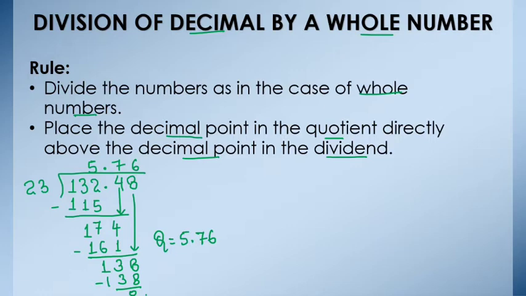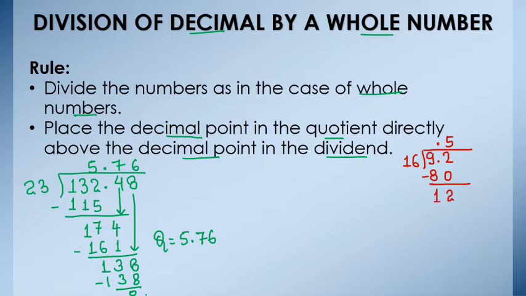Now let us take one more example. Suppose we have to divide 9.2 by 16. So as you can see, the whole part is 9. 9 is not divisible by 16. So we have to take the next digit, that is 2 also. But 2 is after decimal. So firstly place this decimal up. Now the number is 92. So we have to divide 92 by 16. So 16 fives are 80. Subtract them. You will get 2 and 1.